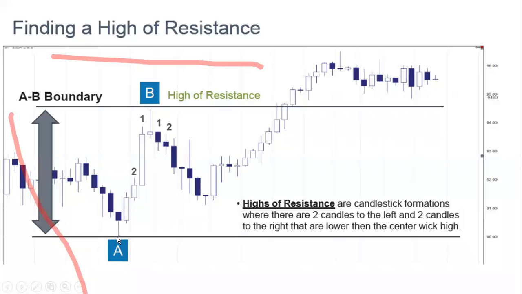You can now comfortably place your fib looking for C anywhere 38, 50, 61 or 70 something percent. And you cannot stop price from coming back to A, being the former support. And that will give us a double bottom. Double bottom in chart patterns is still a bullish signal. What will make you change your bias will be if the price breaks A and forms a lower low. That means that you can change your bias. That's how to identify highs and lows.